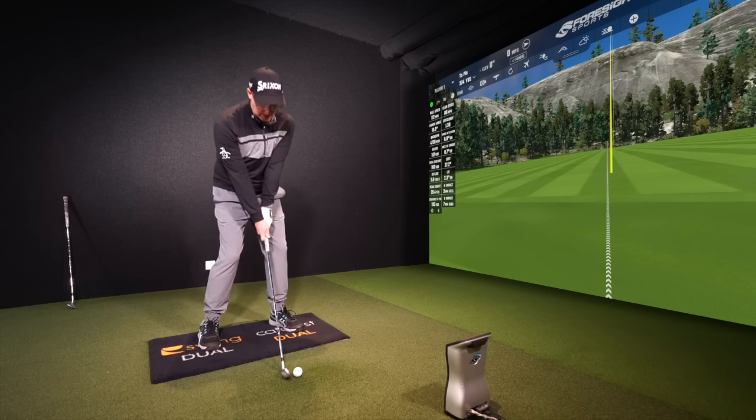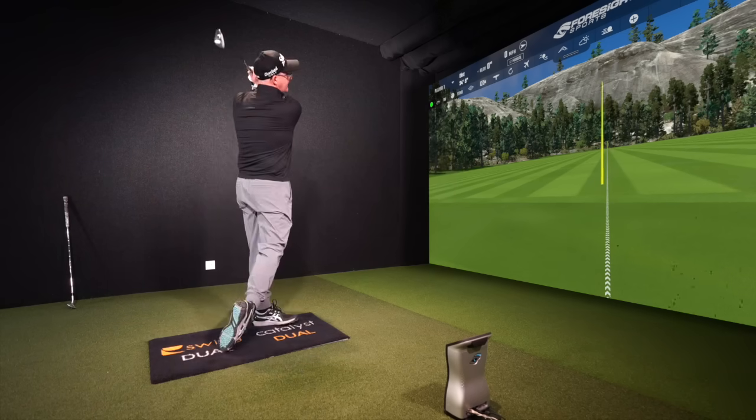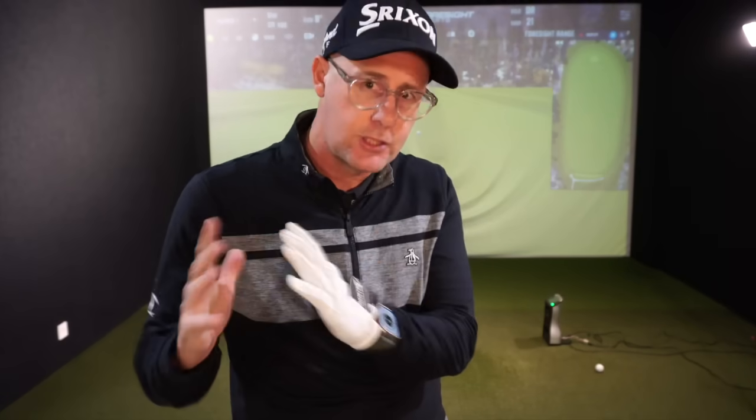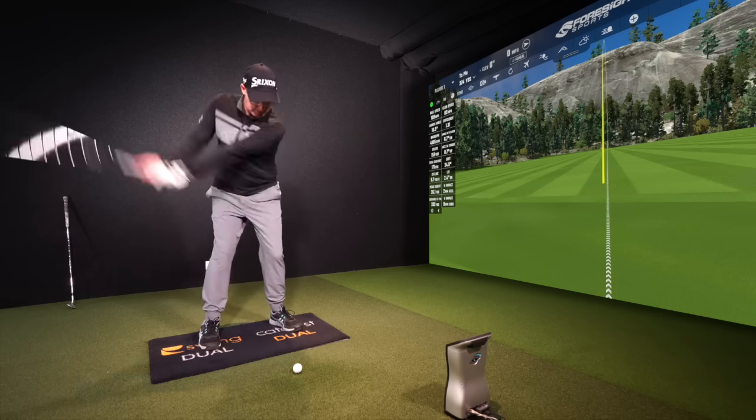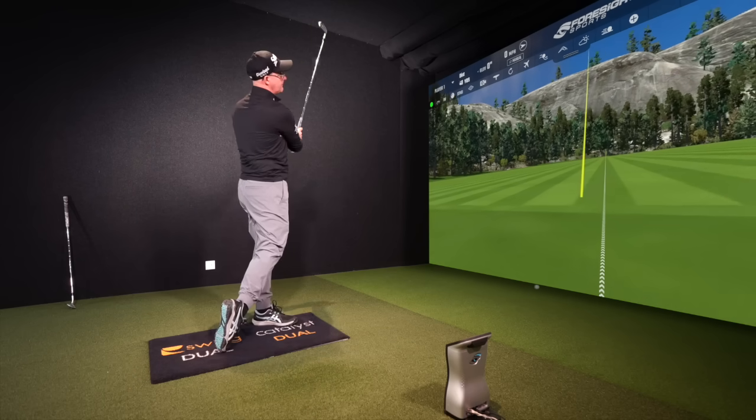So let that knee go as my hands go. And then just hit a few shots with that. Don't worry about the recentering at this point. We're going to do that in a second. Just get used to the knee and the hand almost moving together at the same time, like they're linked, like